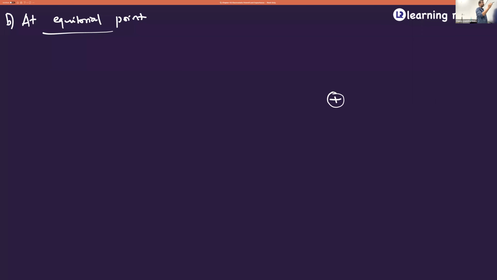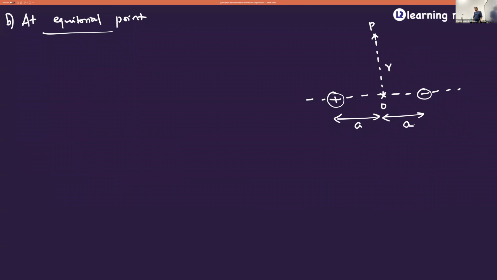If I take this to be positive, this to be negative, and here I take this point as P, which is the equatorial point, and from here I drop the perpendicular. This distance is R, this is O, this distance will be A, and this distance is also going to be A. If I take this to be A and B, both are of same magnitude, Q,